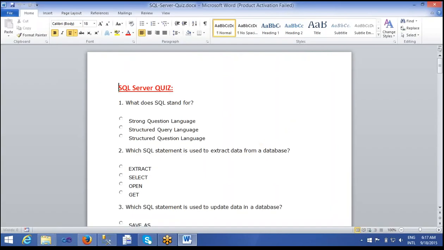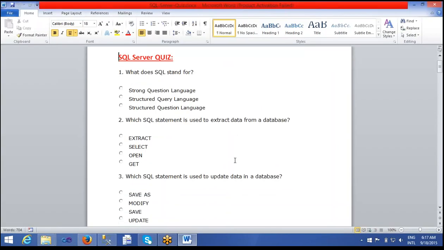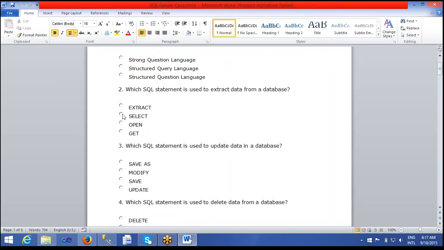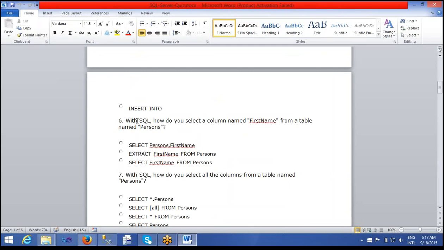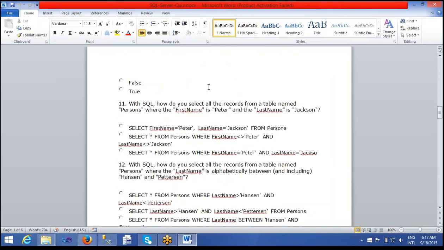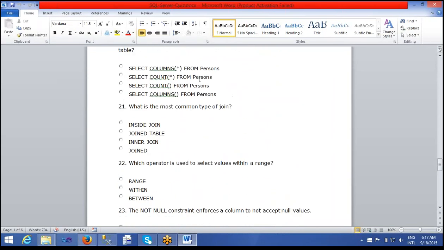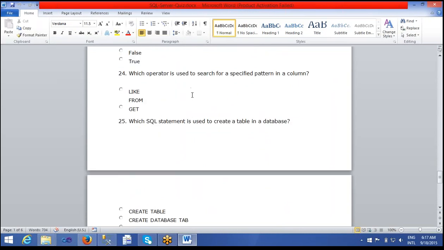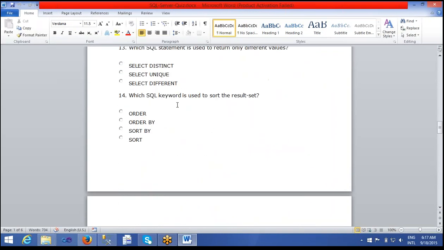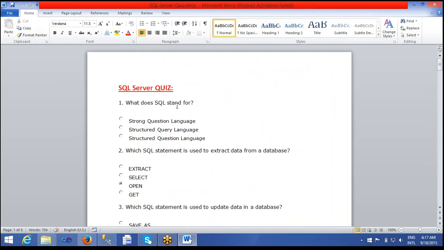Okay. See, like this quiz, we share with the students so that they can answer it. They can send me back the answers so that I can review and reply. Like this quiz, we will send once a few, 2 to 3, chapters complete. I will send this quiz to my consultants so that they can answer it and come up with questions if they have any doubts.